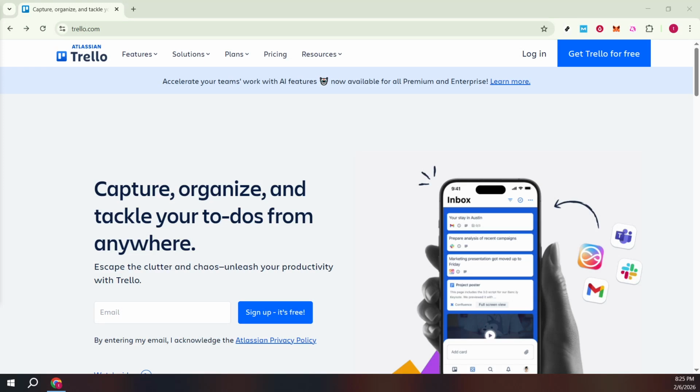In today's video, I'm going to teach you how to sign up for Trello. If you're new to Trello, it's a flexible visual tool for organizing tasks and projects, and the sign up process only takes a minute. Let's walk through it together so you know exactly what to expect and which options are